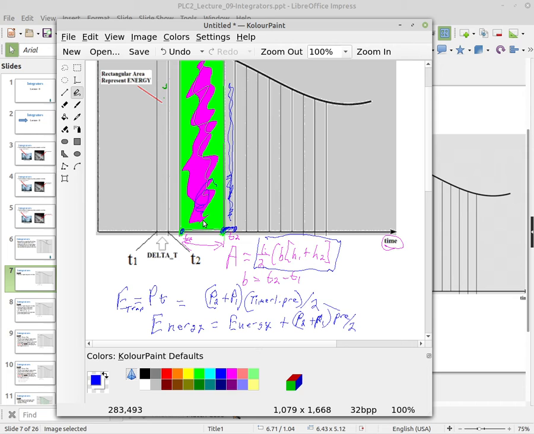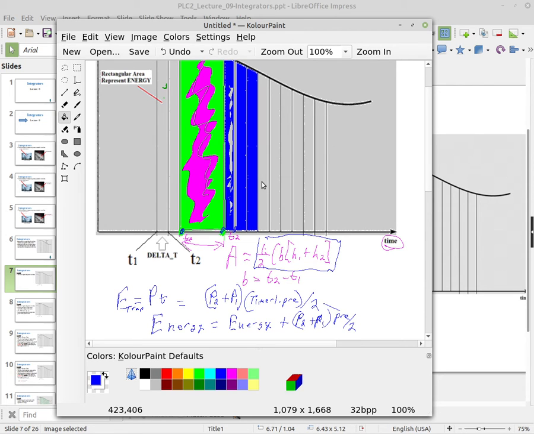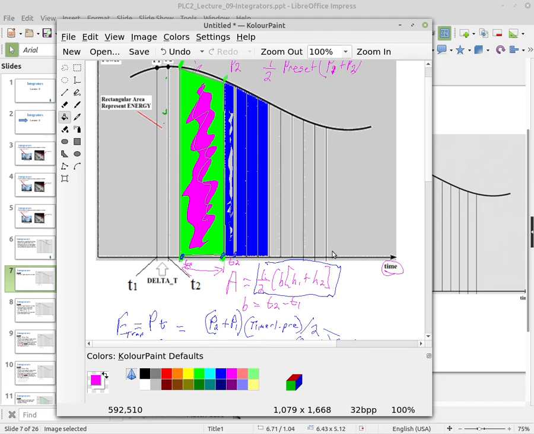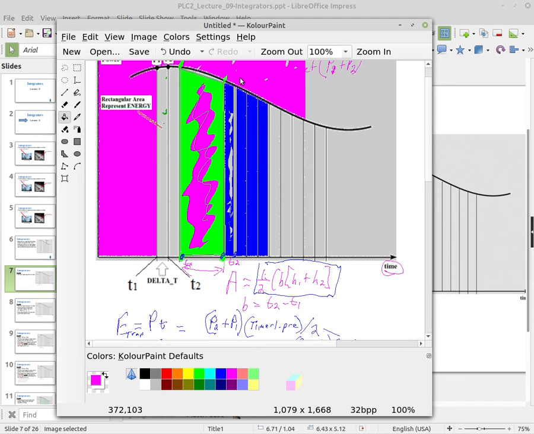Now this one here that's multiple colors, the base isn't actually the same as the other ones, but these ones here, these are the exact same time. And so we're going to take this one and we're going to add it with this one, and we're going to add it to this one, and we're going to add it to this one. So when we do that, our P2 is going to be changing. So we'll notice here, for each one of these,